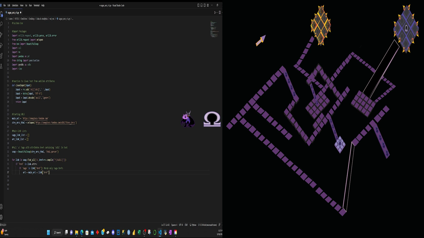And now I'm defining a new variable just called URL, and basically it's going to take this string that we defined up here, the main URL, and it's going to concatenate or combine the href attribute that it finds. And this is what will give us a bunch of different links for all the different sagas that we get. And then after that, since we have our Saga link list, which is just an empty list,